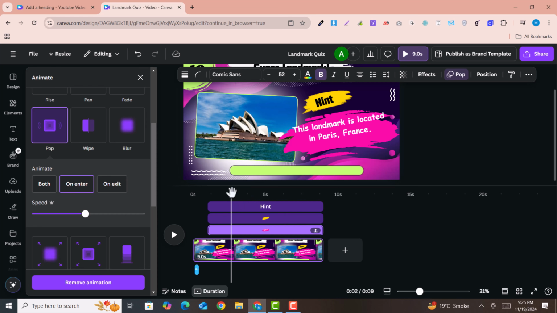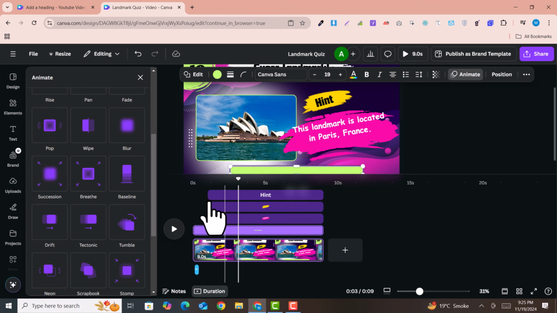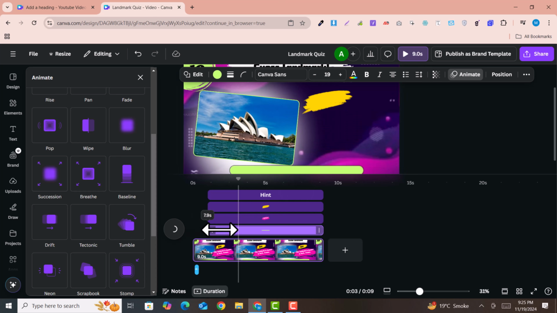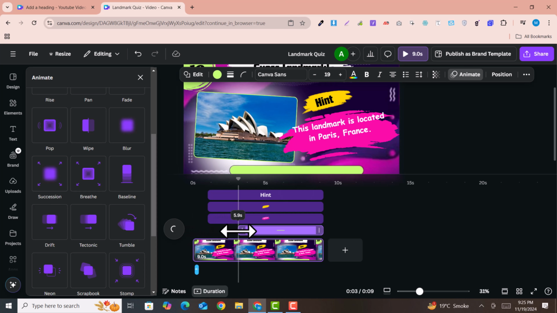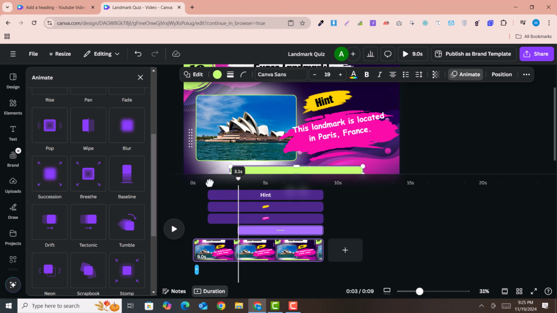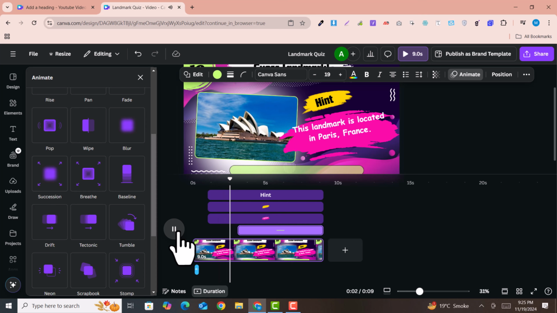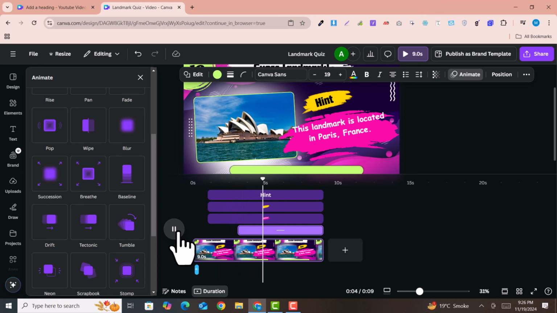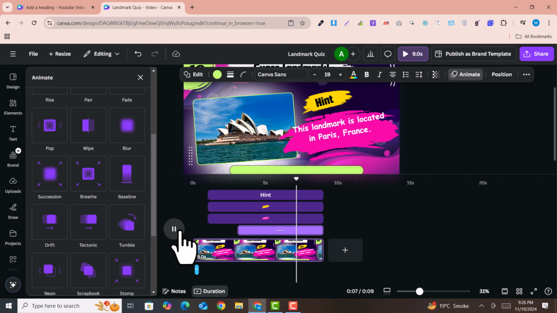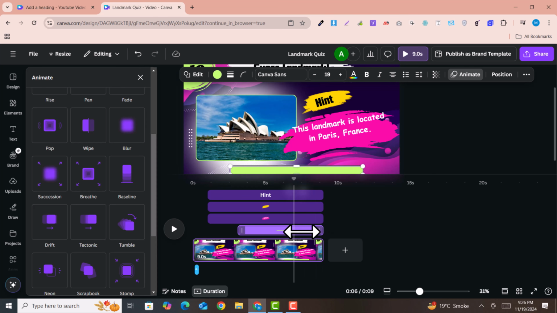Now this timer should be started after the hint is displayed. For example, here. Okay, so here I just select the timing of this bar and make it here. Okay, you can see this one. So I just go back and play again. Here the answer should be displayed on the 6x9. So this bar should